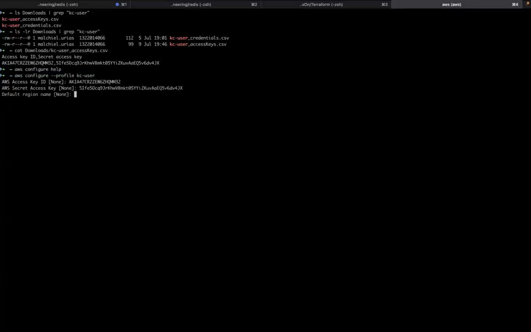Then it's going to ask me for the default region. It's optional, I can decide to put it, so I'm going to set this to EU West 1. And the default output format, I'm not going to set that. Then I'm going to press enter, right? So